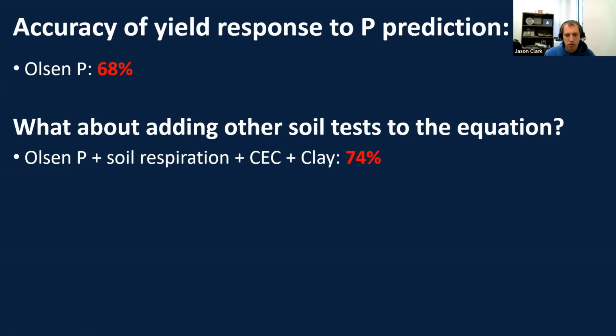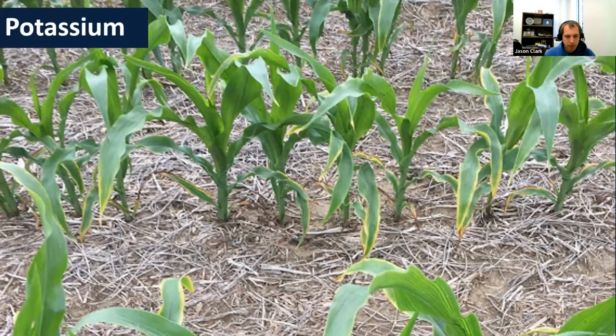It is better. It's still got some testing to do to see if these are the ones we want to use or if there's some other ones, because we know phosphorus and biology kind of go together. So can there be some other measurements to help improve this? And we have some ongoing research the next few years to help us with some of this as well. So that's phosphorus. We're going to move really quickly here to potassium.